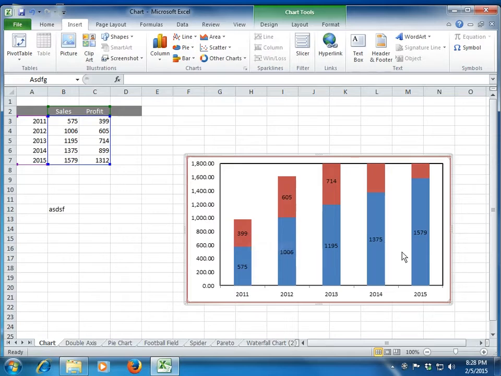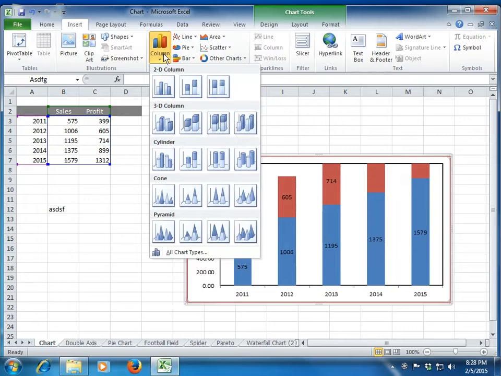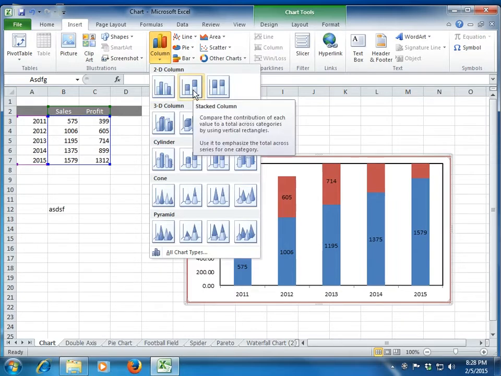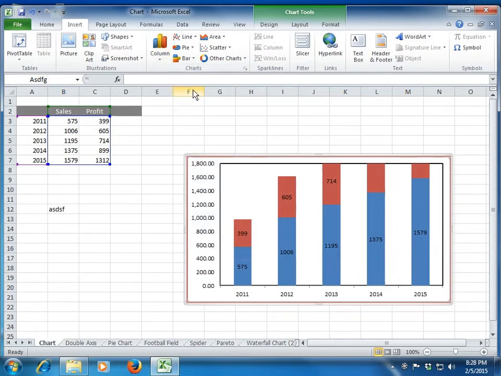Similarly for all the remaining years. Okay, so do remember that this is a stack chart. So next time when you want to show data, rather than in a column manner, you can use the stack column when you want your data one over the other. This is definitely not relevant in this case because sales and profit are two different attributes.